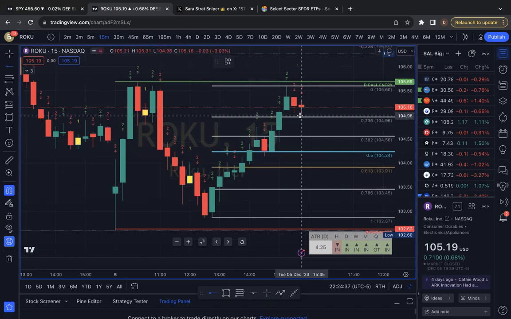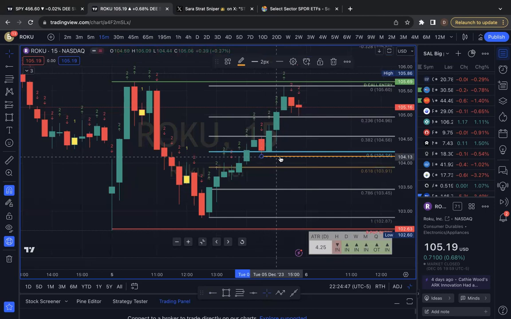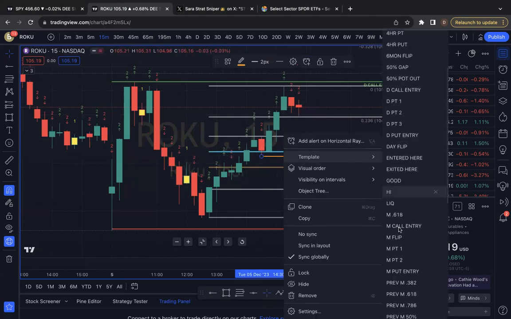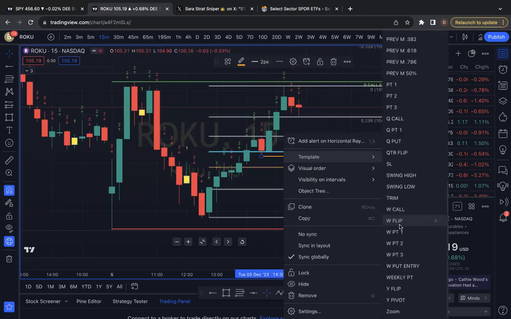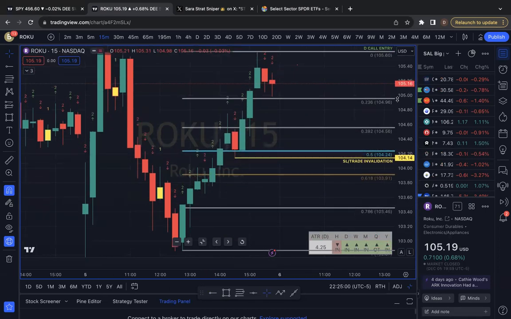So for me, personally, if I was taking this trade, let's say I got in at the call trigger, which I wouldn't. Your stop loss is based on your account too, so everybody's stop loss is going to be different. For me, this is going to be my stop loss, and the reason is